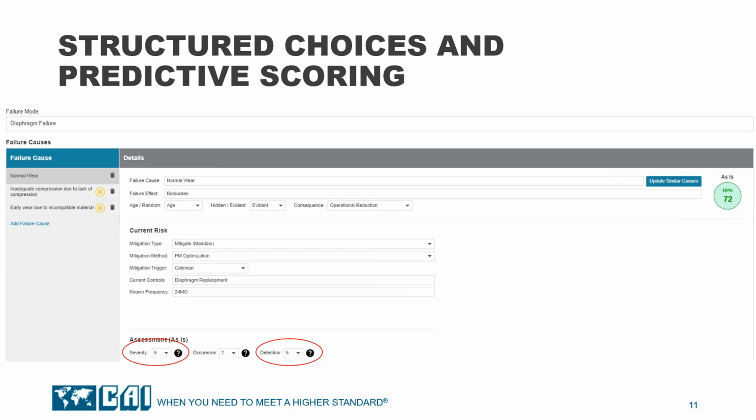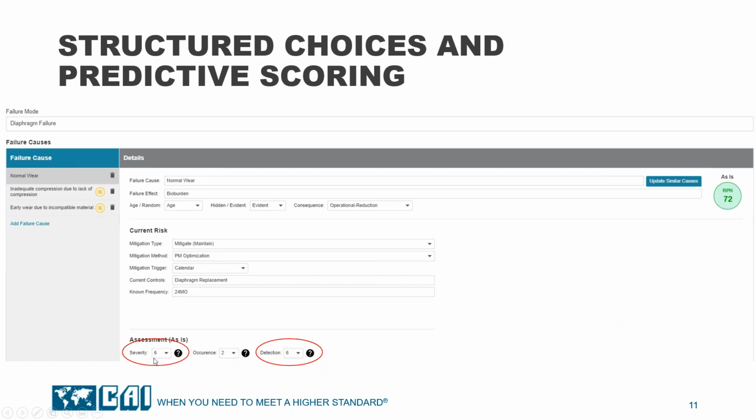This is just the system helping you figure out where it lies, and you can change these any which way that you go. One of the future aspects that we've taken a look at is, once there's enough data in the system, it can not only predict what it thinks the scores are based on the entries you put up here, but it'll say, hey, within this failure mode, within this component, within this type of a system, industry average is a 5 plus or minus 0.2, just to give a little more guidance to a project team.